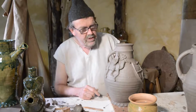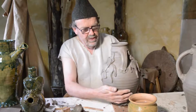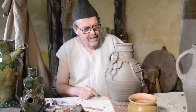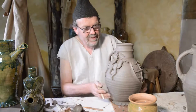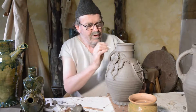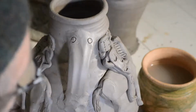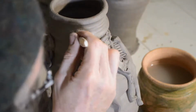I've put the other knight onto my jug now. So we've got one on each side. But the one thing that I wanted to do was just to finish off this handle, because there's something that's on some of the jug handles in the museum here in Hull, and they're a bit funny. They've got 2 little rings up there, and in the middle of those rings, little dots,